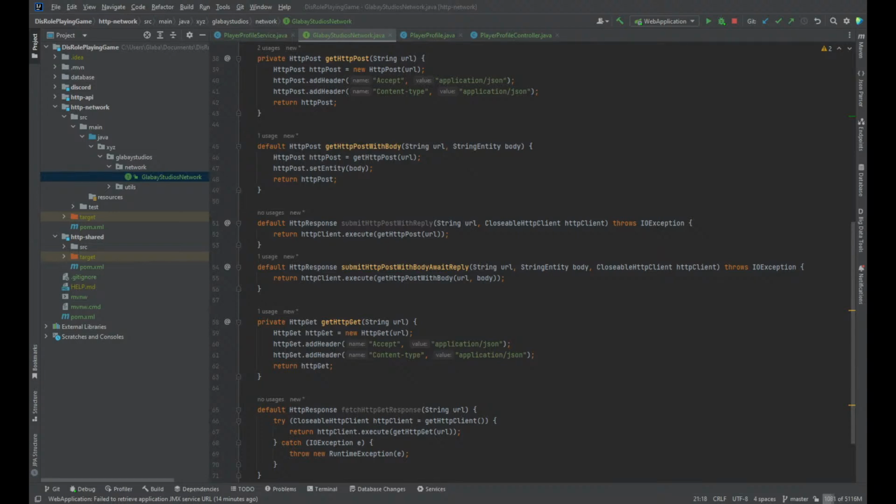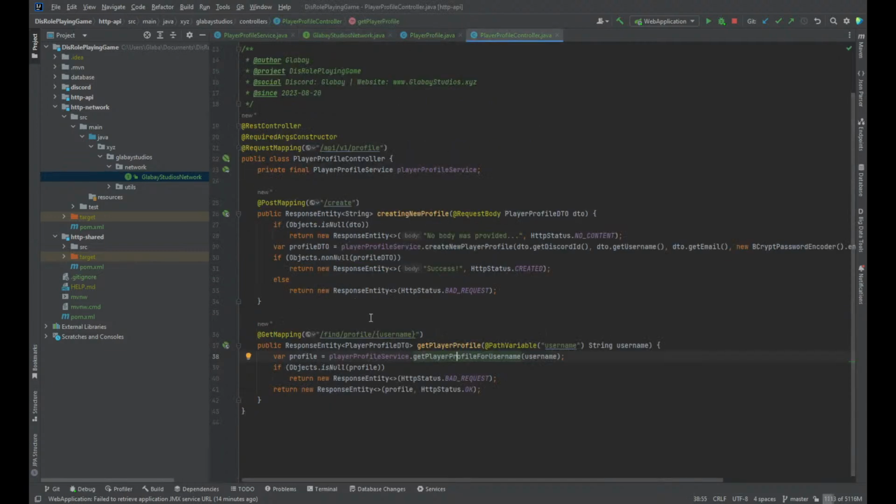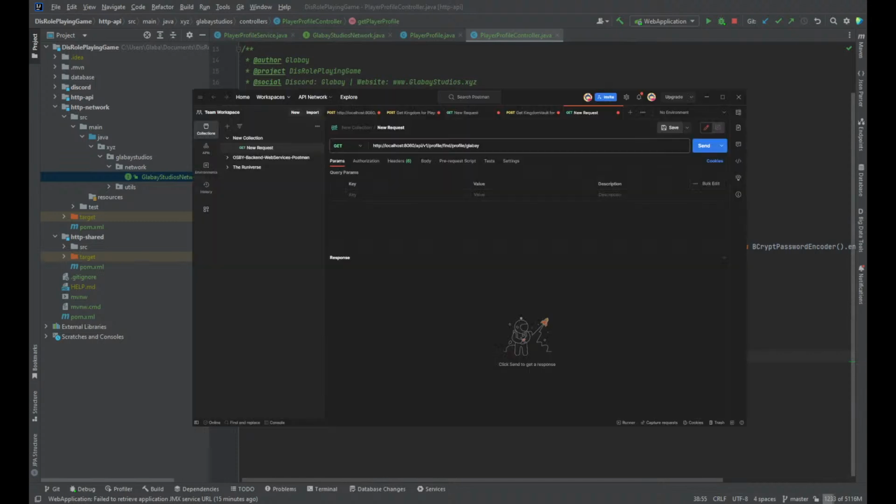So yeah, now that we have this up, we can make a post or a get request to our controller to request a profile DTO based on just a username. So if we fire up Postman and we punch in our domain and hit send to get a get request,